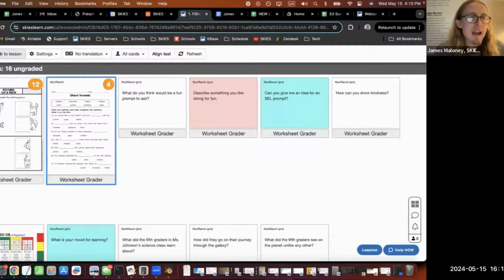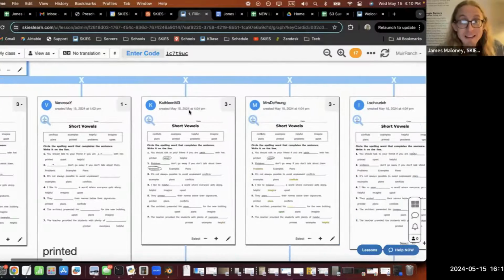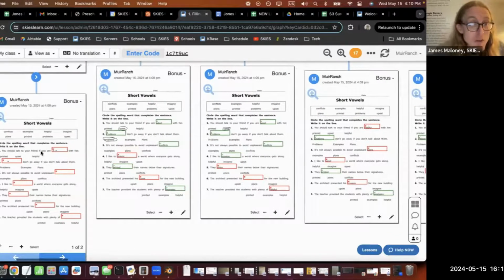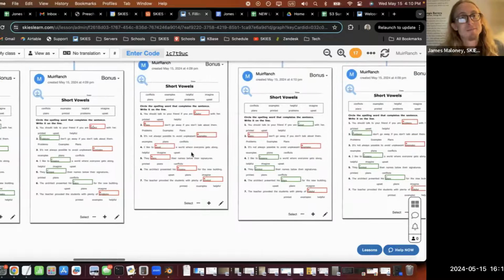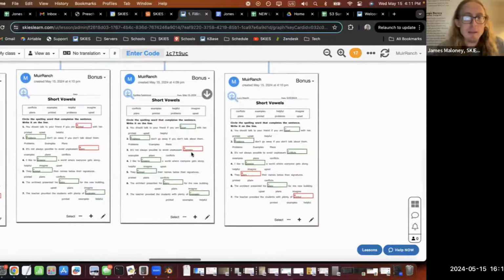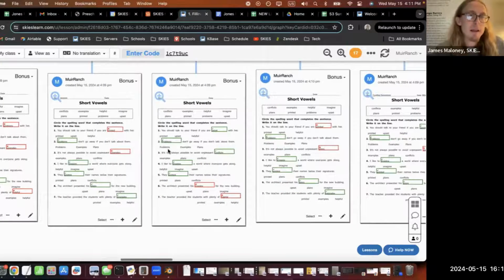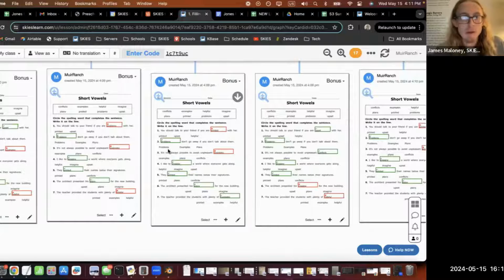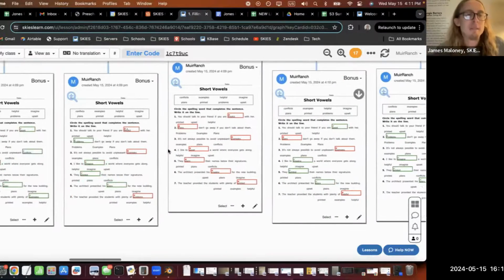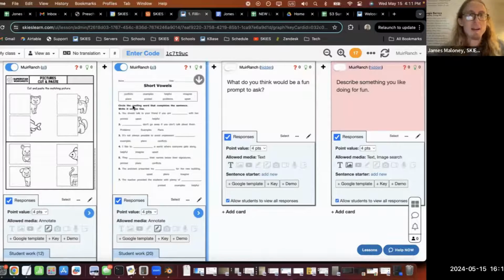But if I go back and look at your work, you can see now you all got points. You can see which ones you got right and which ones you got wrong. When I say this is life changing, I'm being literal, because teachers told me, this changed my life. Now when I go to my family barbecue, I don't take papers with me because they're all graded. I love it when teachers tell me I never take work home to grade. So many teachers have said that to me. I'm going to keep doing this for the rest of my life because I love hearing that teachers' lives got easier.